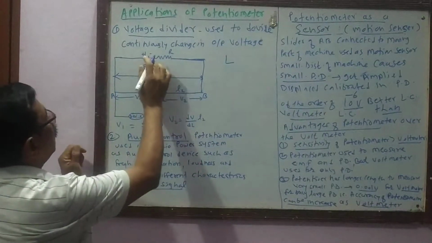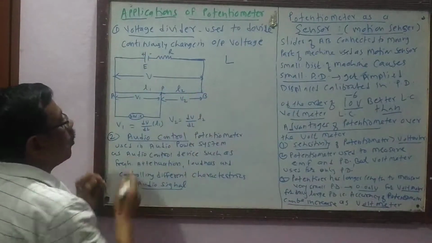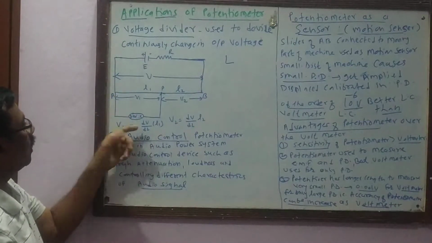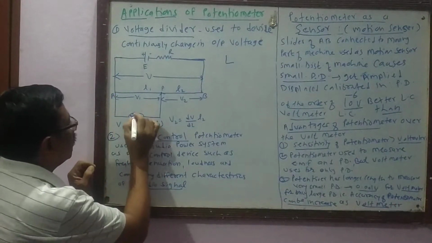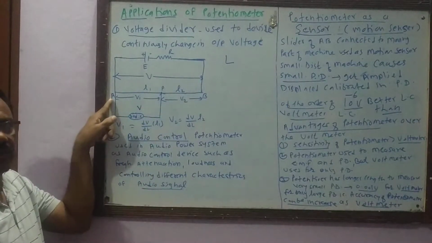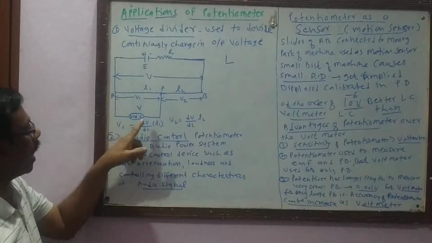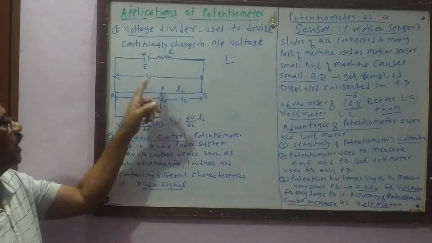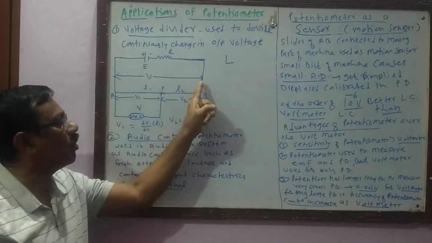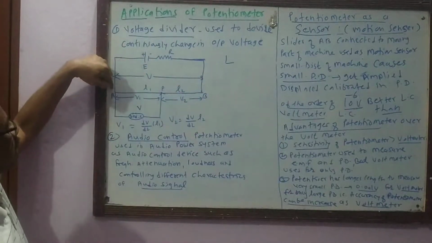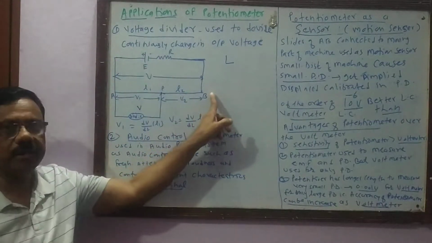When this cell is connected across the potentiometer, let us consider a device, that is the voltmeter, connected to the high voltage point A, and one is connected to the slider. Therefore there is a uniform fall of potential along the length of the potentiometer, and the potential at one point is high and the potential at the other point is low,